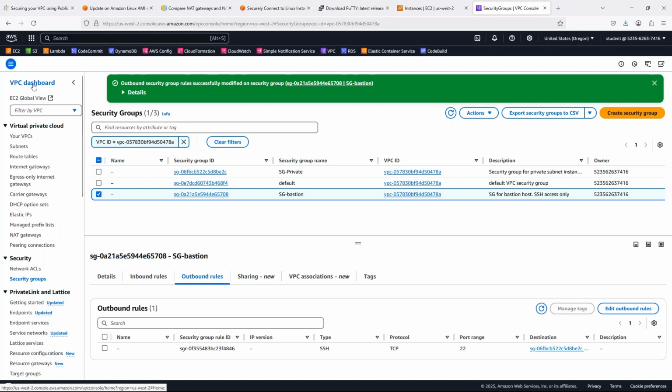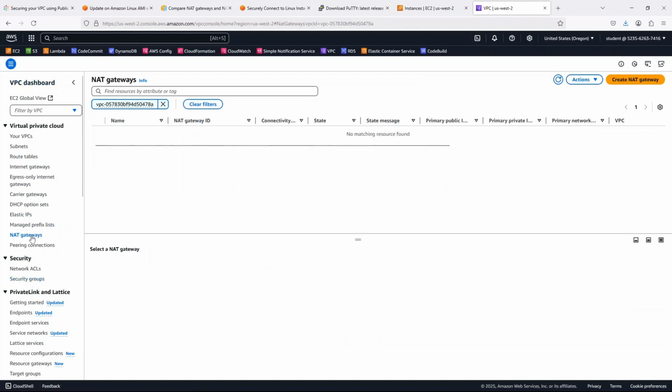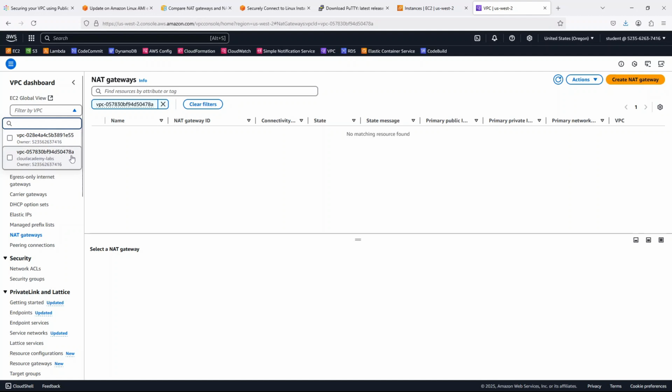Double check, are we still using our custom VPC, Cloud Academy Labs, as expected? Looks good. Let's create NAT Gateway